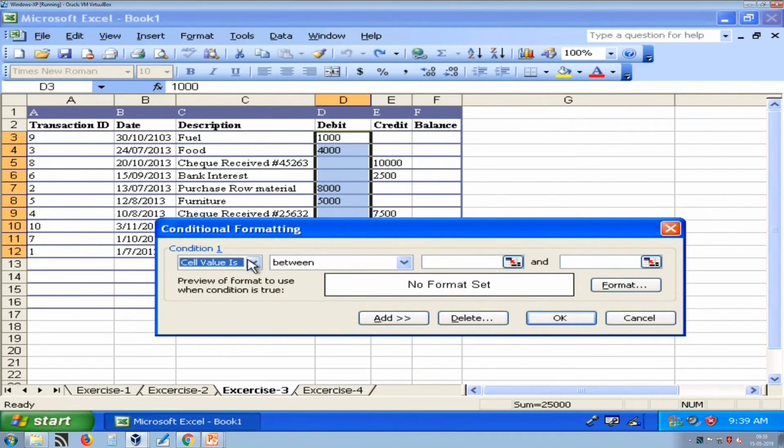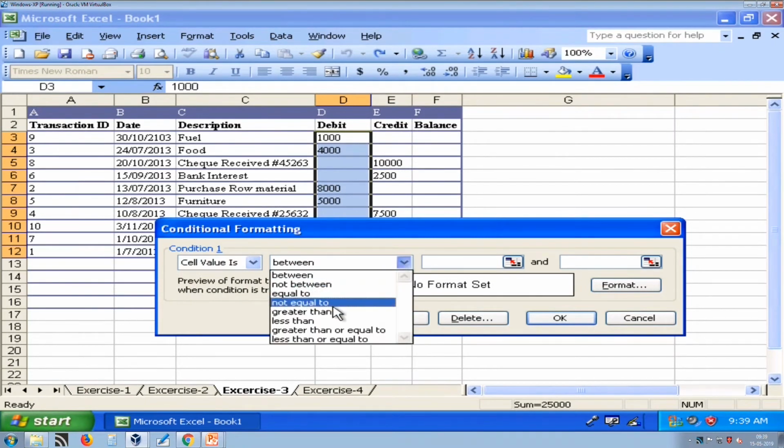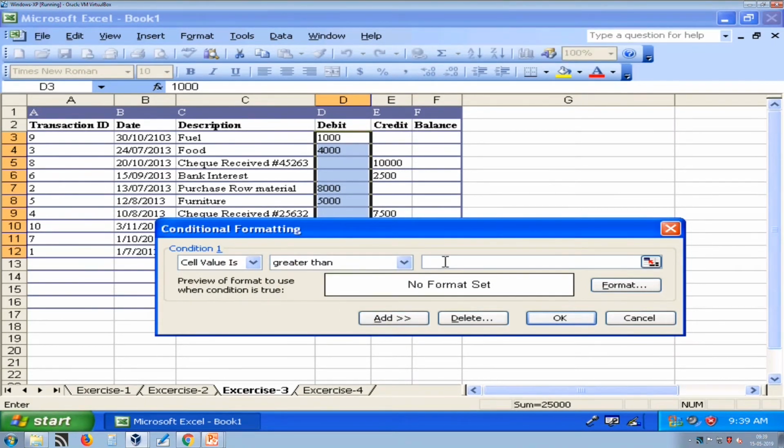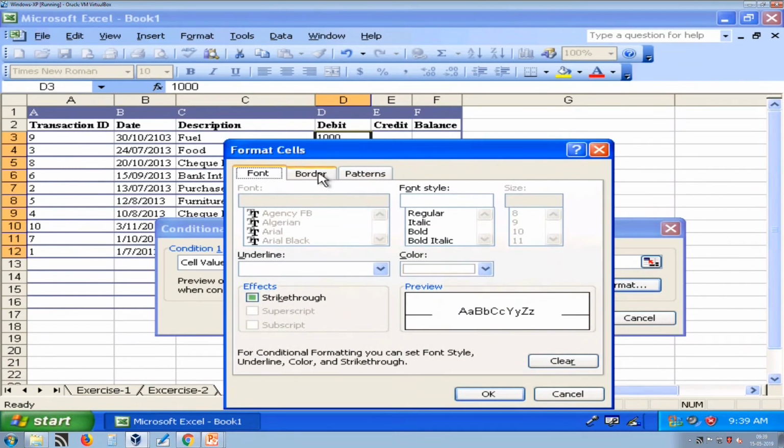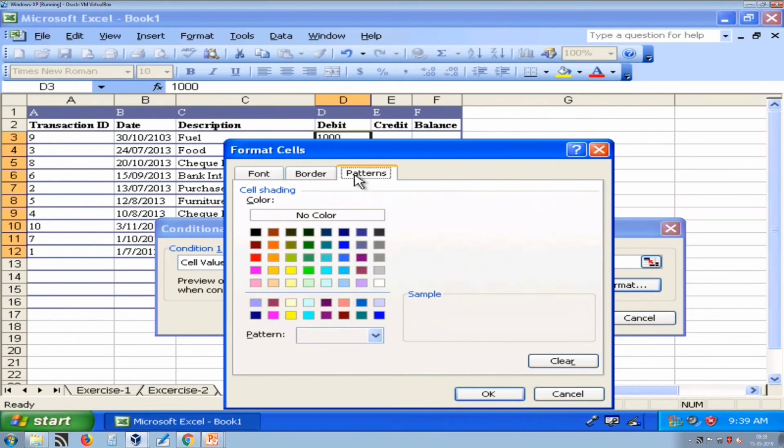So, here cell value is greater than, and here we enter 5,000. Now, what we want to format is, we want to fill pink color for that.